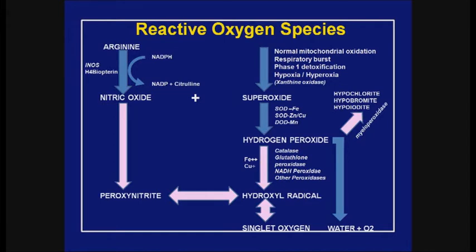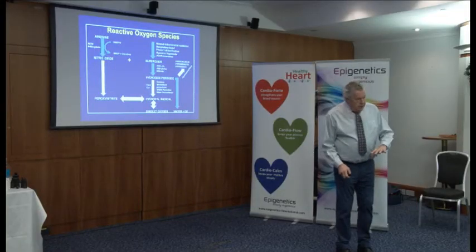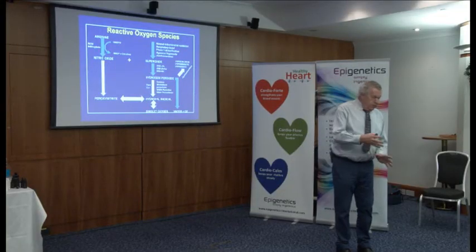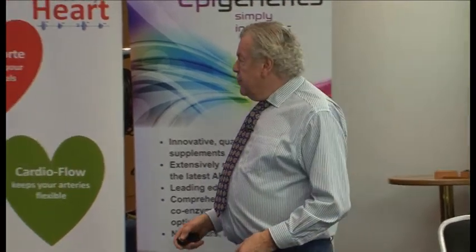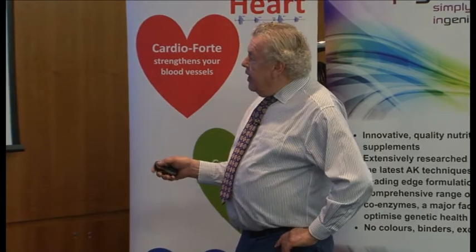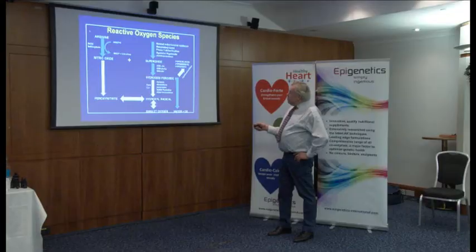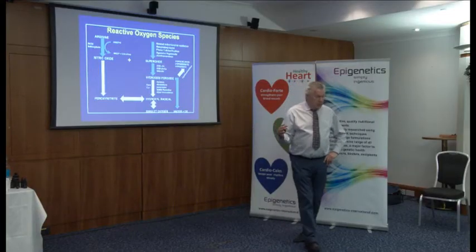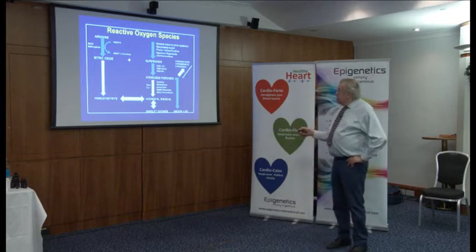So silver, colloidal or ionic silver, is very good for treating a lot of gram-positive infections, particularly in combination with vitamin D. Vitamin D and silver is a beautiful combination, particularly for treating gram-positives. Okay, now on this side we've got what are called reactive nitrogen species, and these reactive nitrogen species are made